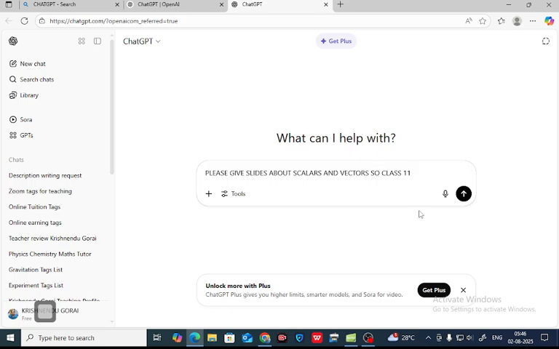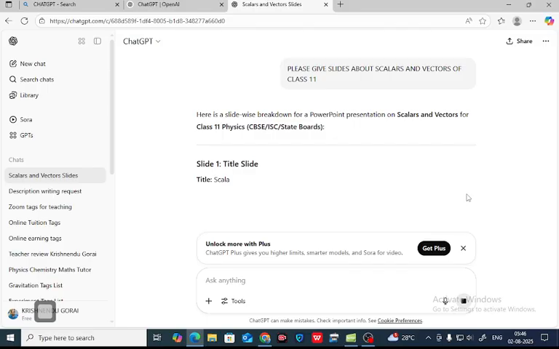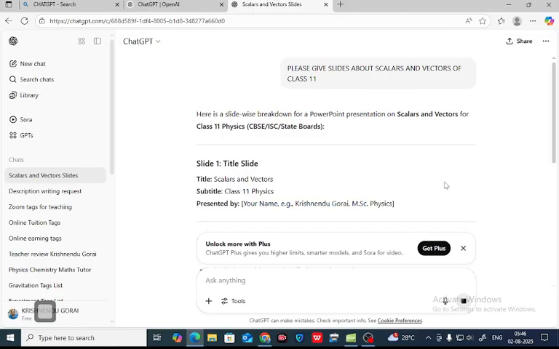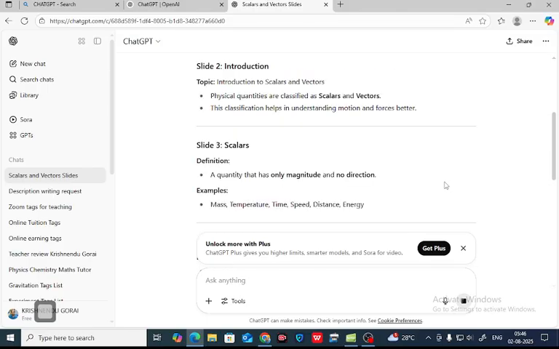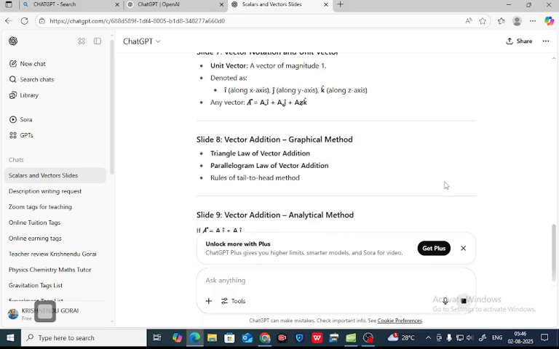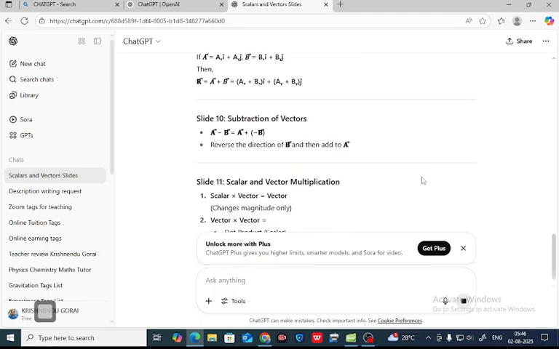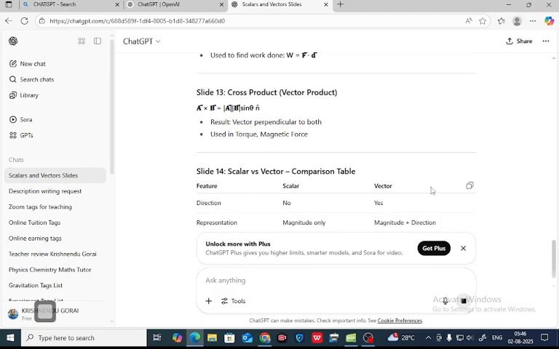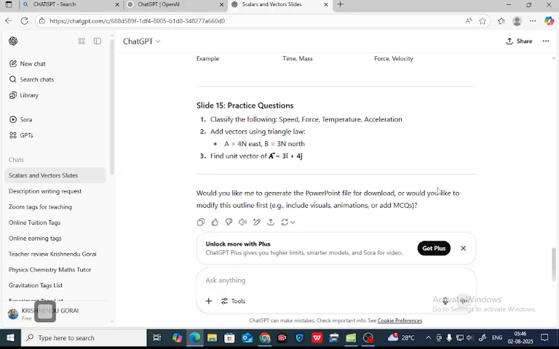Right? That's of class 11, and we will get the vectors and scalars slides. In this way, you can make the slides with the help of ChatGPT. You see, these are the various slides of scalars and vectors of class 11. Right? After that, you have to